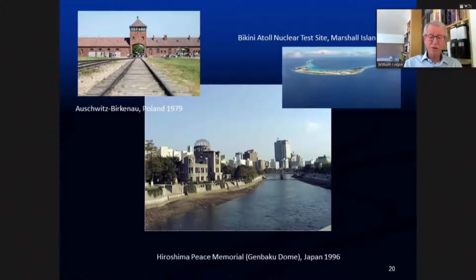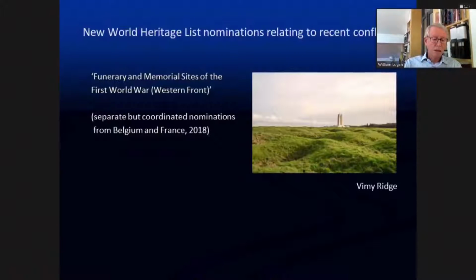as the number of sites related to recent conflicts being considered for listing has grown rapidly. Until 2010, only 3 such sites had been World Heritage listed. There were others, of course, relating to conflicts in the much more distant past, but in terms of recent ones, the 3 were Auschwitz-Birkenau in 1979, Hiroshima Peace Memorial, 1996, and the Bikini Atoll nuclear site in 2010. And none of these were listed without controversies of one kind or another. By 2018, however, 11 new nominations have been tabled, 2 for the World Heritage List and 9